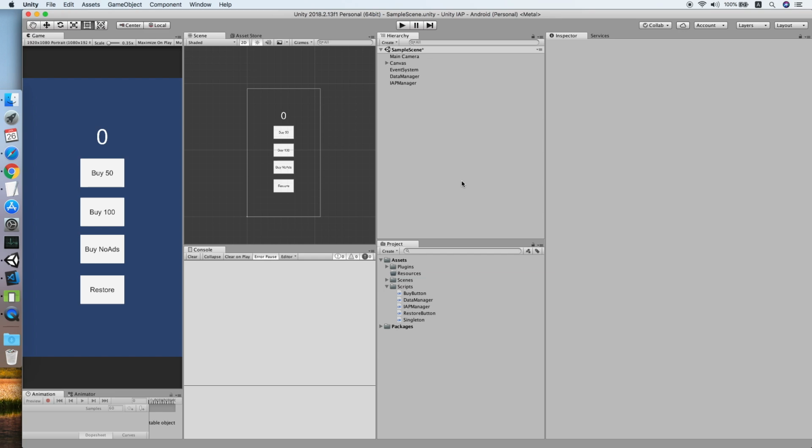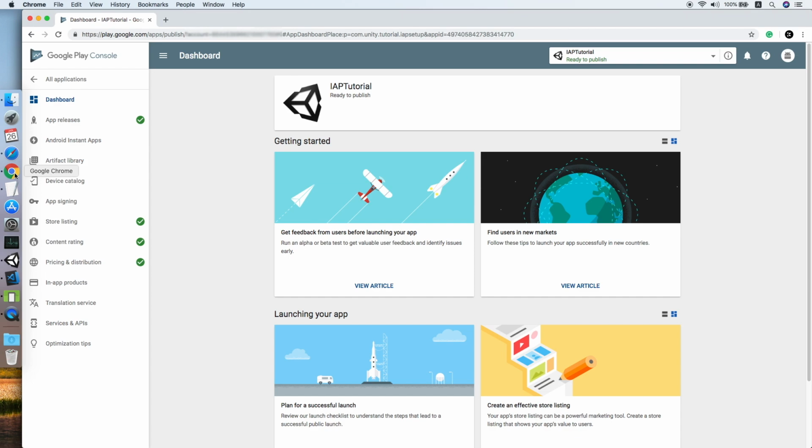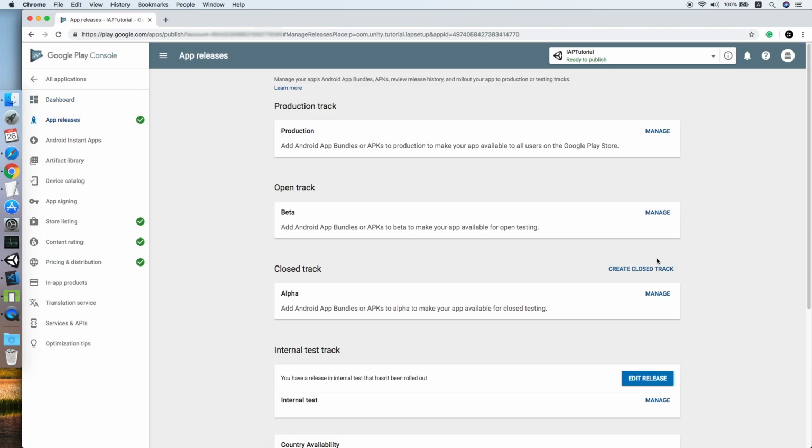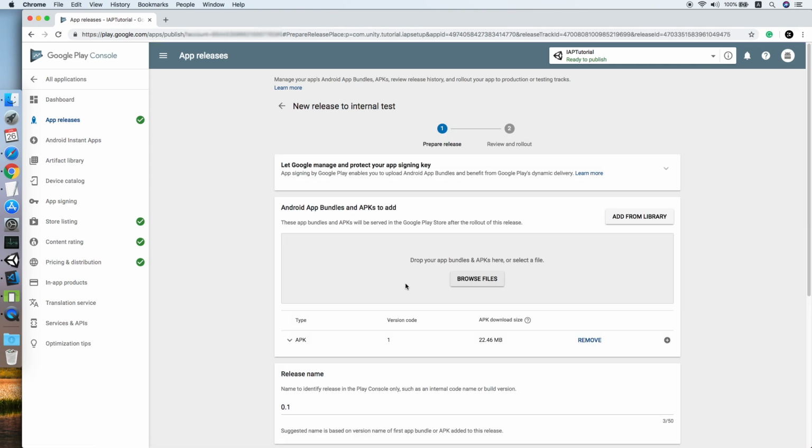Now, go to your Google Play Store. After you have created an application at your Google Play Store, before you can add any in-app product, we need to upload an APK for it. As you can see, I have uploaded an APK for my internal test track. So, this is my uploaded APK. So, then go to in-app products,